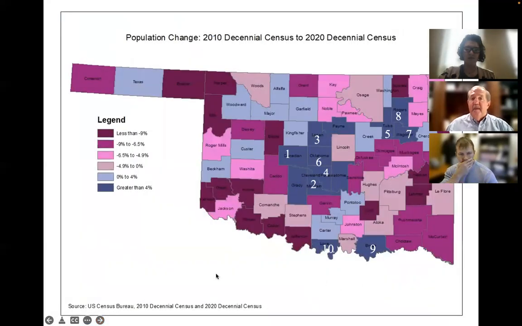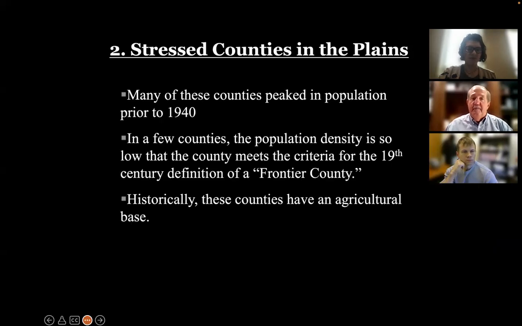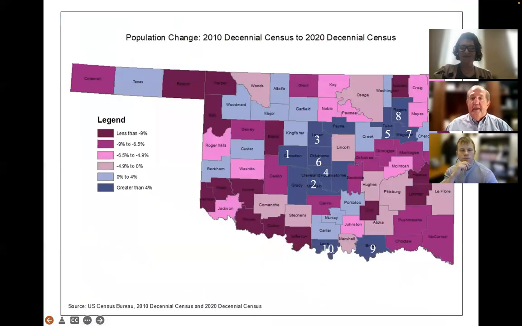This is a state map, again, breaking out our counties so you can see population growth from 2010 to 2020 by county. And the numbering there from 1 through 10 shows you the counties that had the largest population growth. They're shaded in dark blue. They tended to congregate around Oklahoma City, Oklahoma County, and also Tulsa County. You also see Bryan and Love County had some very large percentage population growth, and they're feeling the impacts of the Dallas metro. The deep dark purple are counties that lost, in fact, even more than 9%. So it gives you a picture of what's going on. Next slide, please.